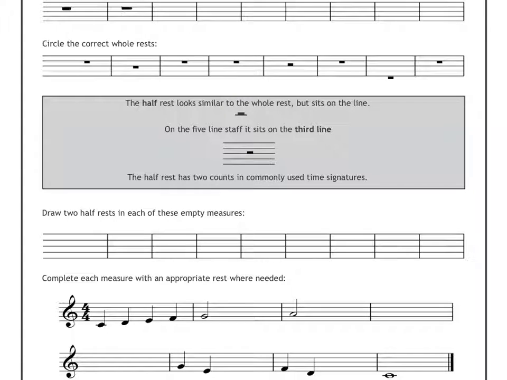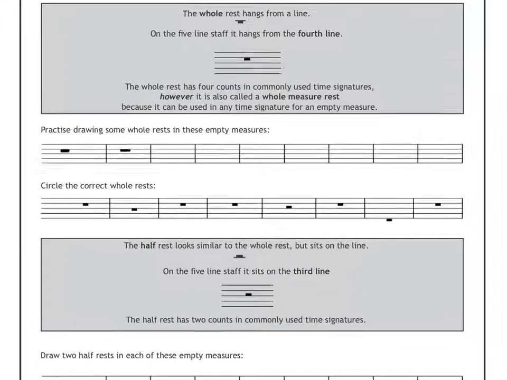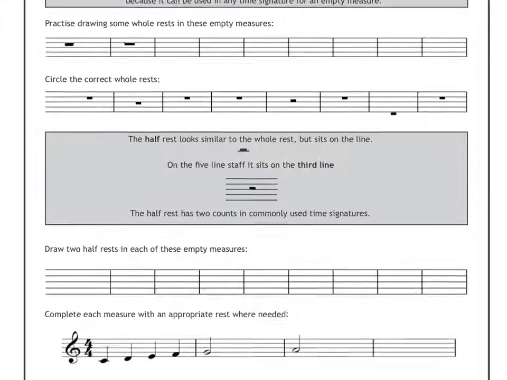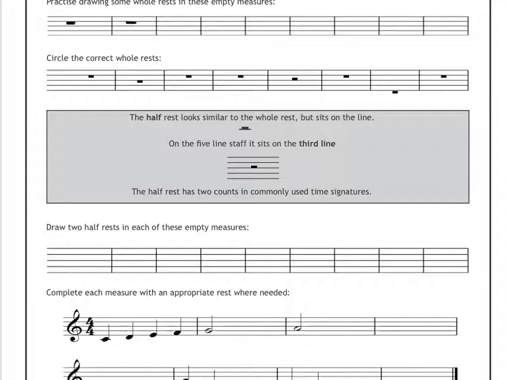Okay. So let's go back for just a second. If I was in 4/4 time, counting whole rests and half rests, I've got a metronome going here. 1, 2, 3, 4. A whole rest would last a whole bar. A half rest, on the other hand, would just last 2 beats, or half the bar. It would go. Okay, and of course you would need 2 of them to fill each bar, which is why they say here,